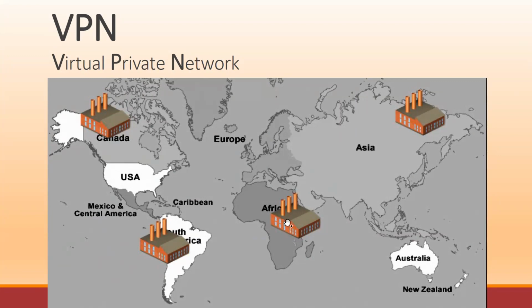Now, if one of the PCs wants to communicate with one of the PCs in the same building, next door, in the same room or the same hallway, there will be no difference between data communication, and if that same PC would try to communicate with another PC that is on a different continent, for example. Also, that is very practical when using something that's called VoIP, Voice over IP, which is the telephone system.